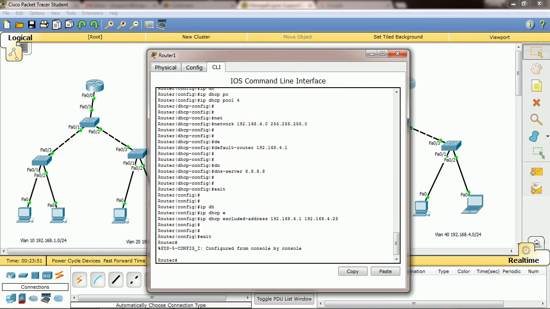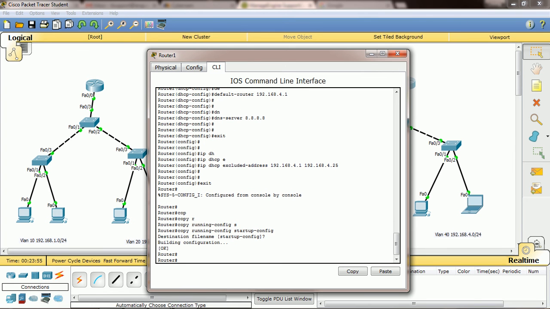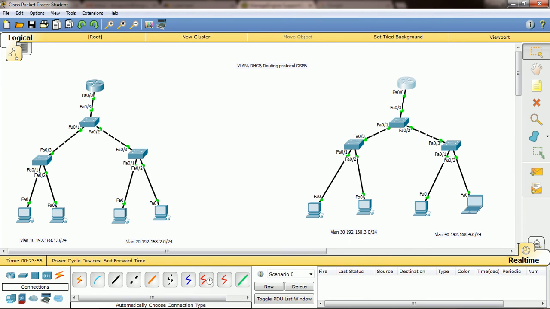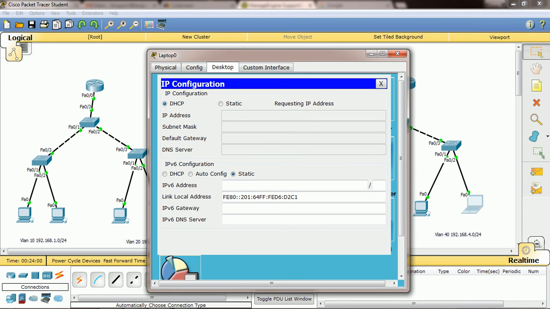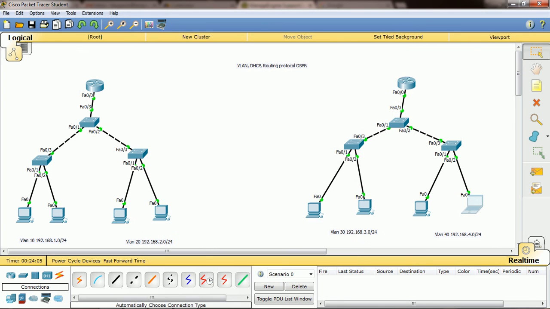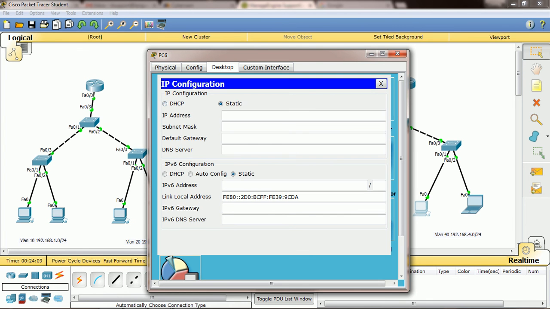Now we are exiting and copying the configurations, right? Here also you can see whether the machines are getting DHCP or not. See here it started; we excluded 25 addresses, and see, 26 it is getting, and here also 27 it will get.